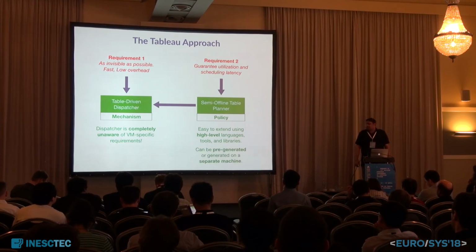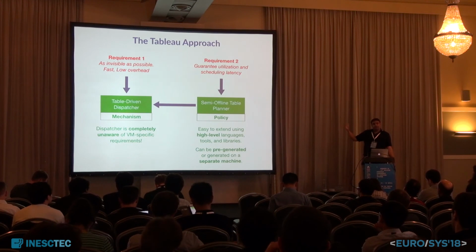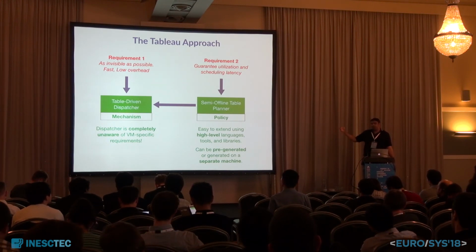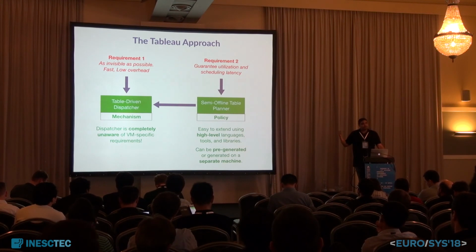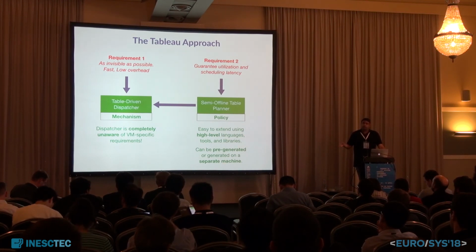You can also do all kinds of tricks to get rid of the time it takes to generate tables, such as pre-generating tables for certain common scenarios. You can cache tables, or you can even generate these on a separate machine. For example, you could generate these at the cluster level scheduler itself. So while assigning a VM to a server, in addition to assigning it, you also start building the tables.